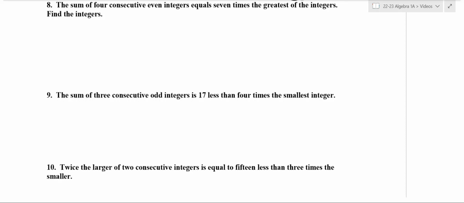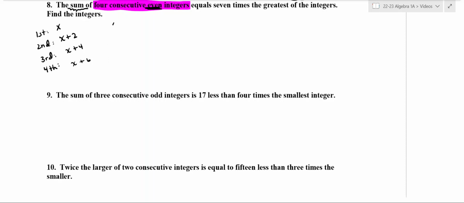Let's focus. It says here that we have 4 consecutive even integers. So let's get those integers ready. So we have the first number, second, third, and fourth, and they're even. So that's every 2. So this is x, x plus 2, x plus 4, x plus 6. All right, and we want to do the sum of these. See, sum. All right, so it's going to be x